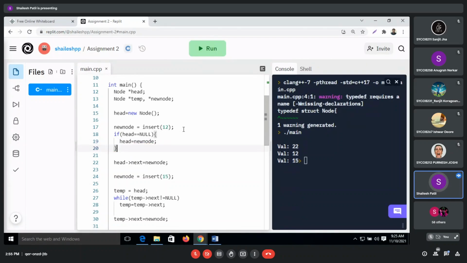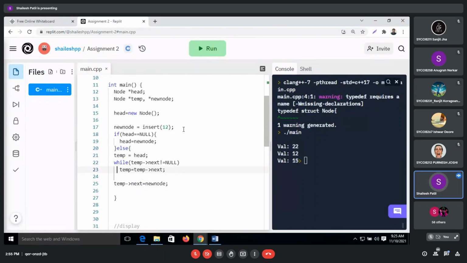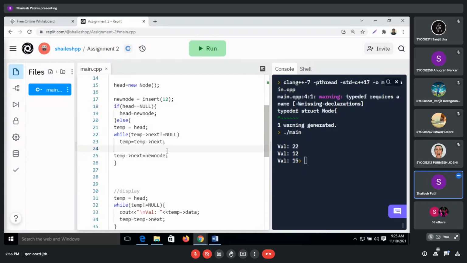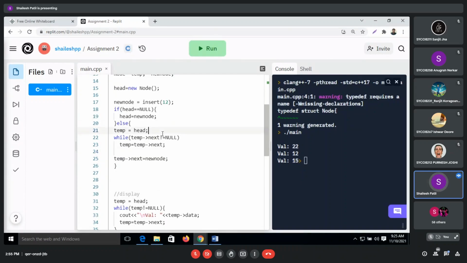Else, I'll remove this part, temp equal to head, while temp next is not null, and temp next equal to new node. Once it is done, we can do this for the next element.